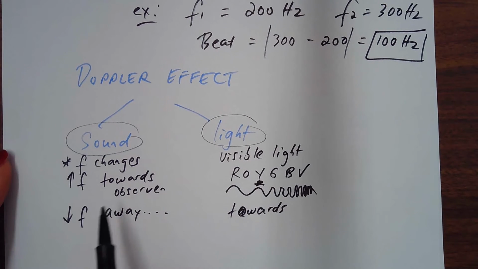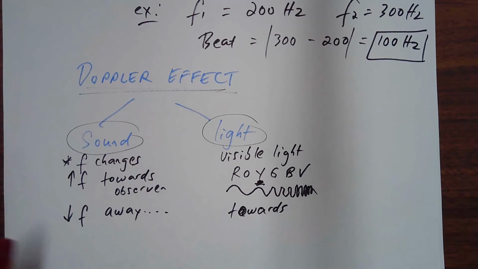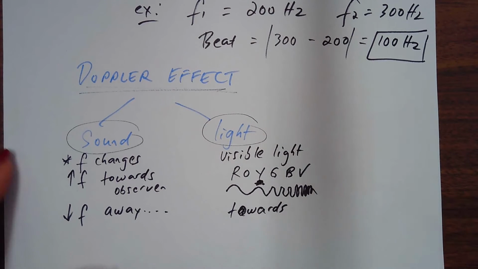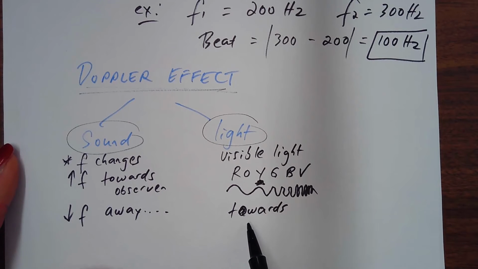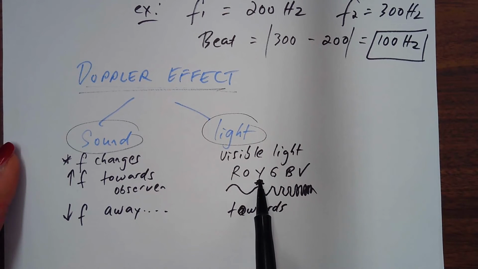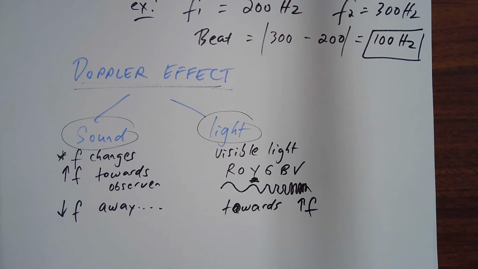See this shifting right here? We talked about the change in frequency, right? Well, the Doppler effect is defined as the change of frequency when an object is moving towards or away from you. The frequency will change. So in terms of visible light, if you see a yellow star and you keep moving towards it, do you know what would happen to that color? Well, there will be an increase in frequency, just like with sound waves, right? So what color do you think it will become?